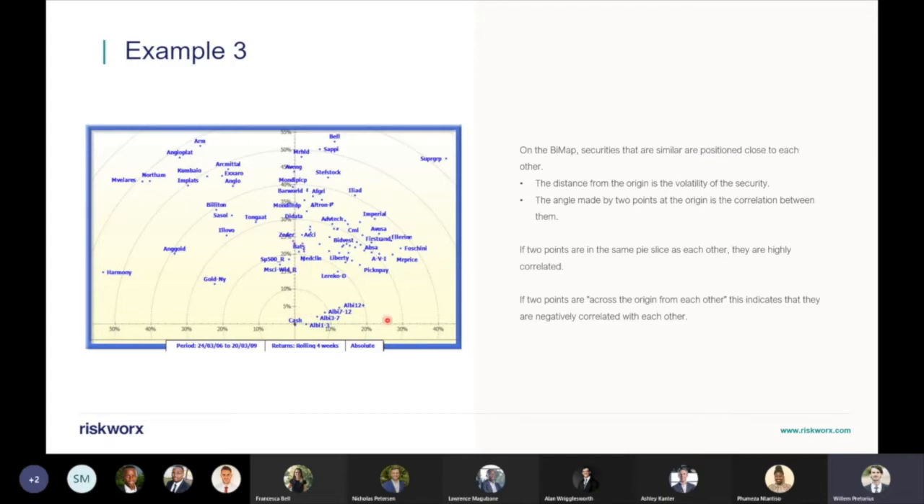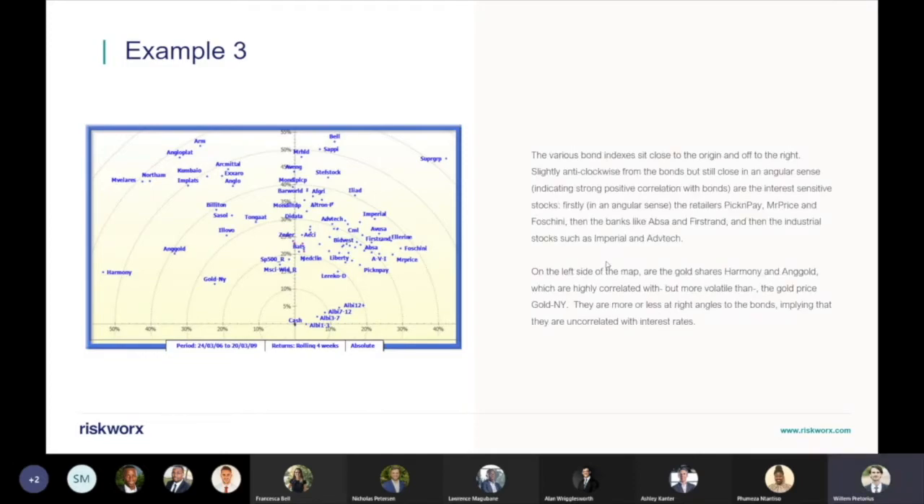with each other. And if 2 points are at right angles to each other, such as Pick n Pay and Anglo Gold, then this indicates that the shares' returns are uncorrelated with each other. And lastly, if 2 points are across the origin from each other, this indicates that they are negatively correlated with each other. So here we can see that cash almost sits exactly on the origin because its returns are so